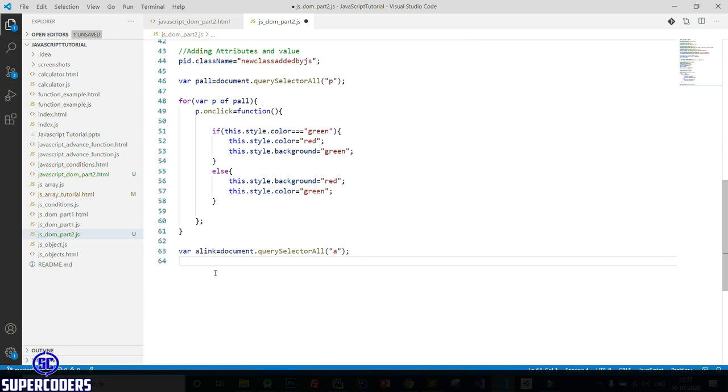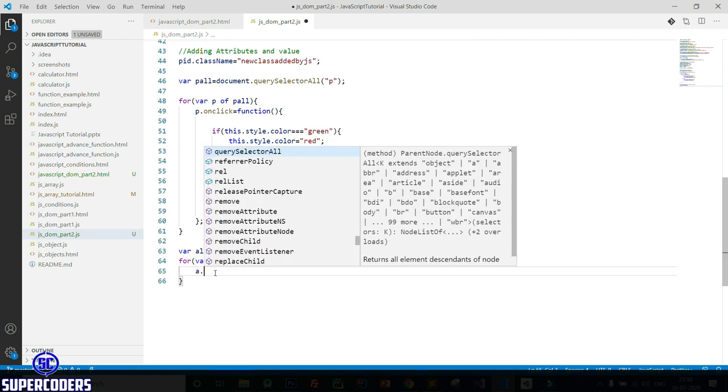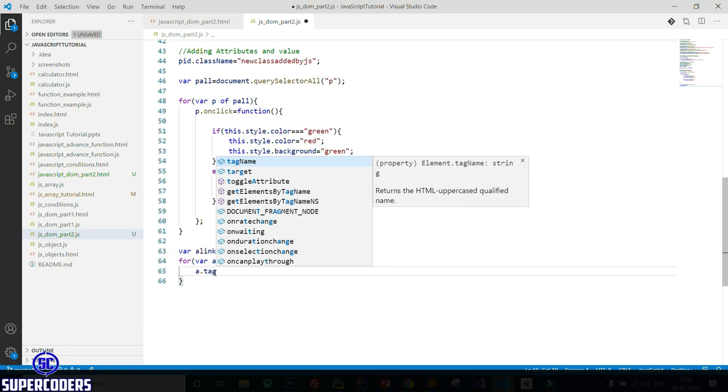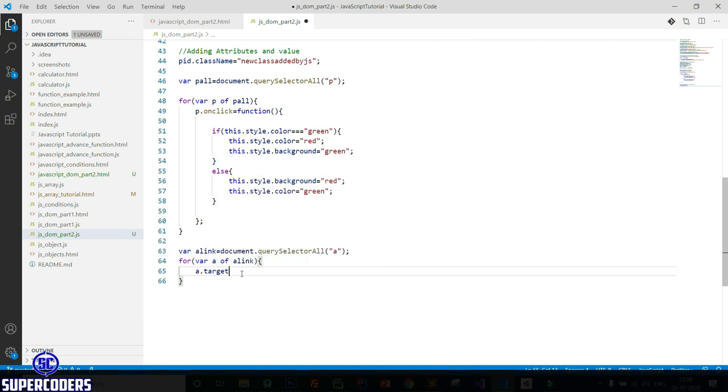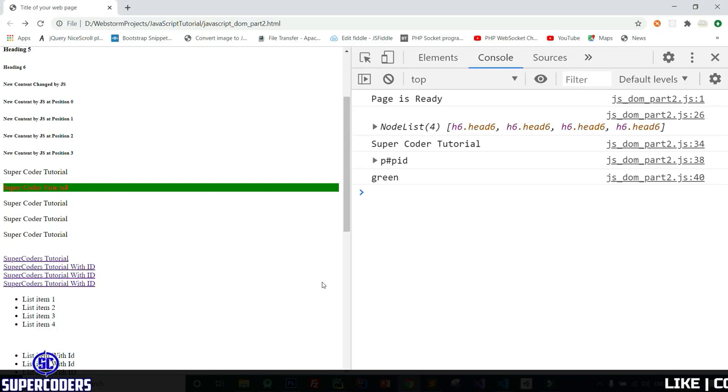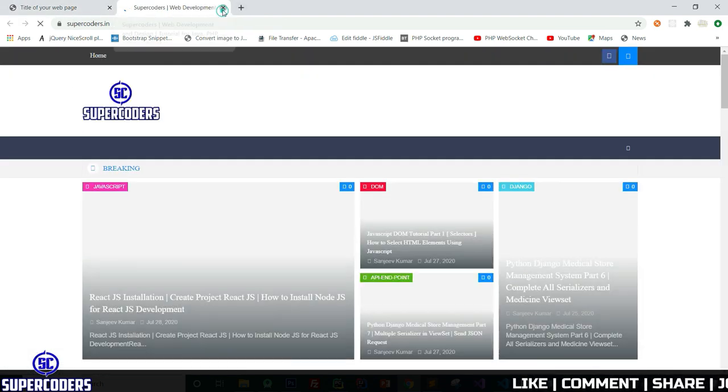Now again create a for loop: for a of all link, then a dot target. See, target is an attribute, so it comes here equal to blank. So let's see, if I click on this, you can see it opens in a new tab.